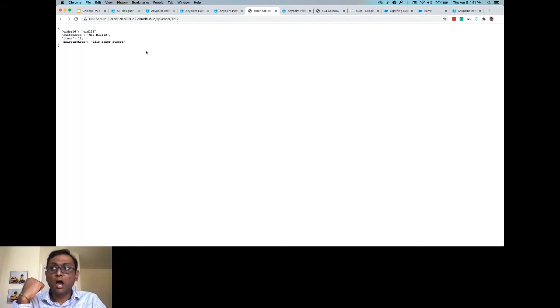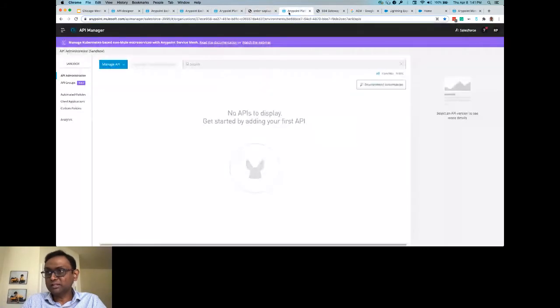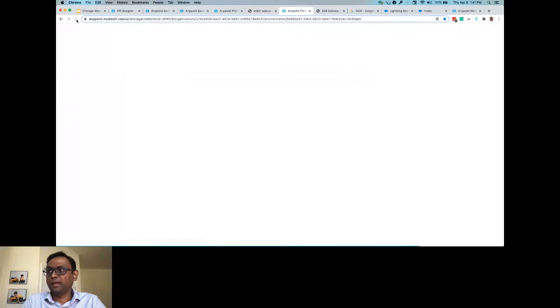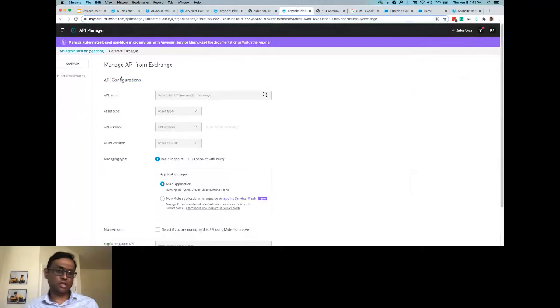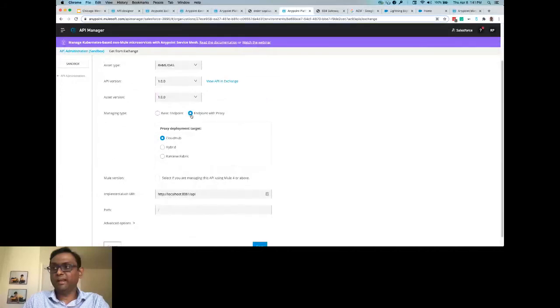Next up is how would you secure this OAS API that you have created and deployed using the API manager? To do that, let's go to the API manager in your Anypoint Platform account and say manage API. You click on manage API from Exchange. So what you're basically trying to do over here is that you're trying to manage this API. You select that order API and you say that you want to deploy it as a proxy on a CloudHub environment,